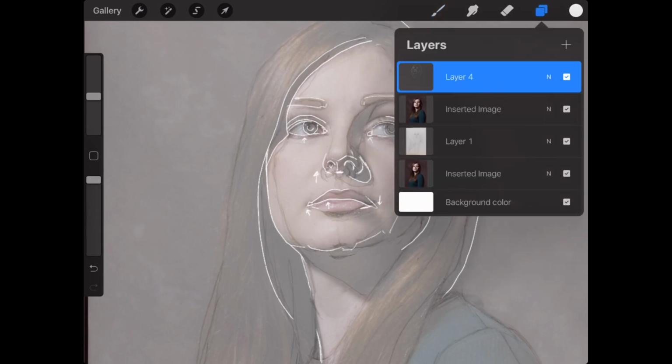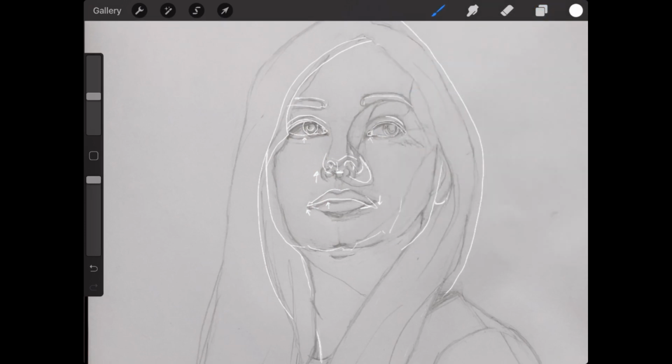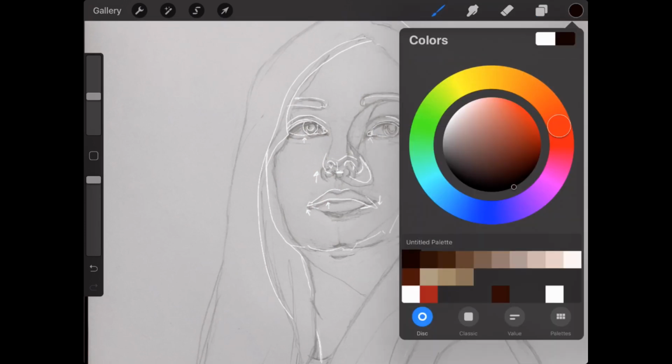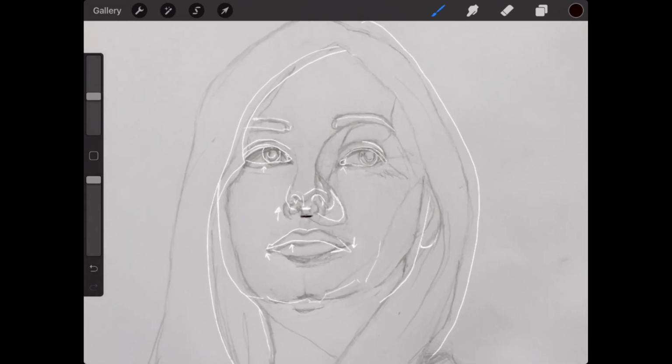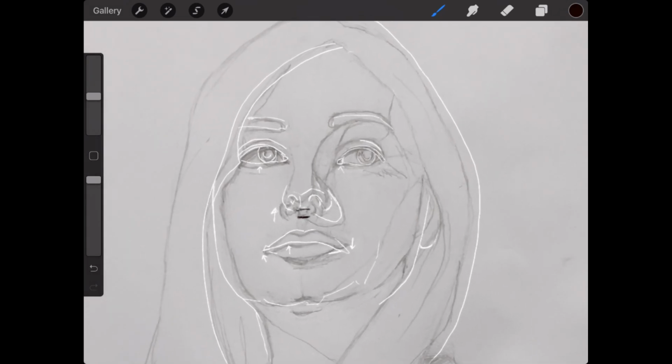So let me remove the picture here for a second. So you have the nose down here, and we need to bring it up to about there. That's going to make a big difference with how the whole portrait relates. And it's really easy to make the nose really, really long because we see this full bridge here. But typically the nose sits